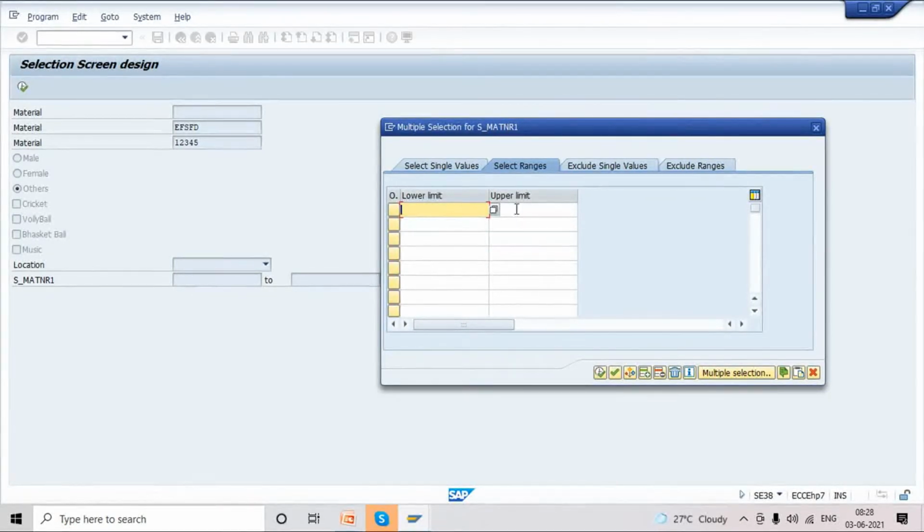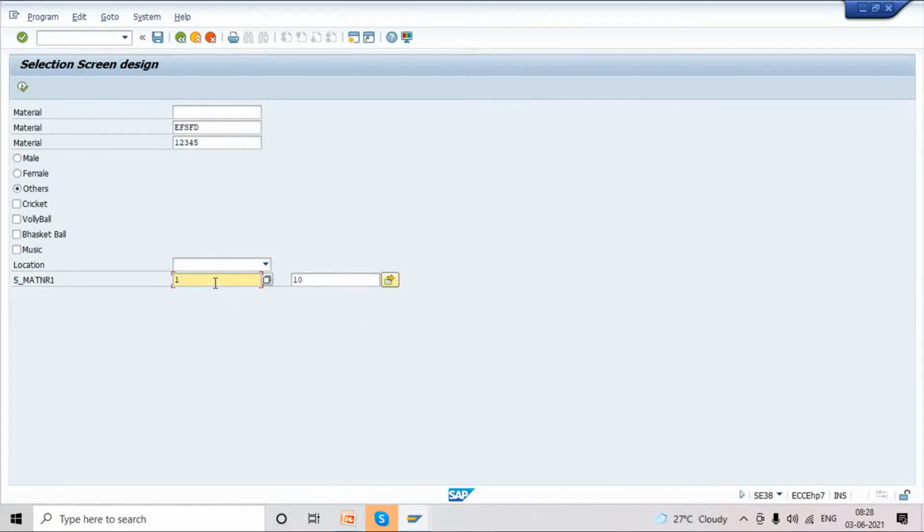You can see lower limit, upper limit. Lower limit is 1, upper limit is 10. It should not be opposite, 10 and 1. It will throw an error. Lower limit is always the lower value only. Okay, you select these values 1 to 10. Here continue, copy. It will copy automatically. You can see 1 to 10 is copied. If there are multiple, it will not show here. We have to check in the extension box. This we call an extension and this we call an interval.